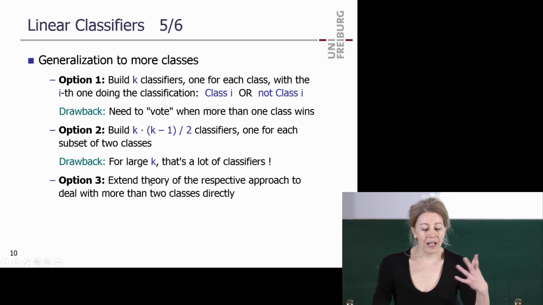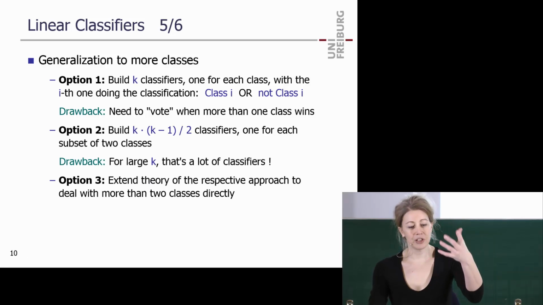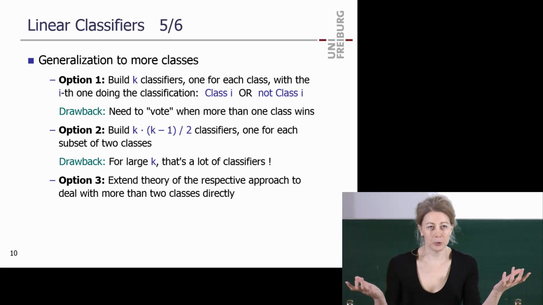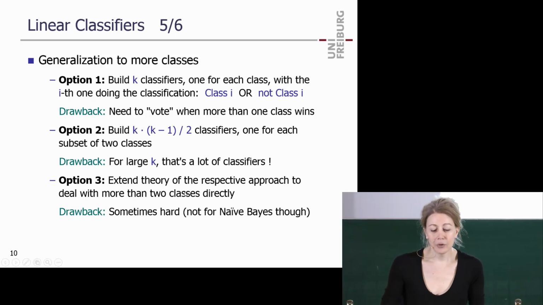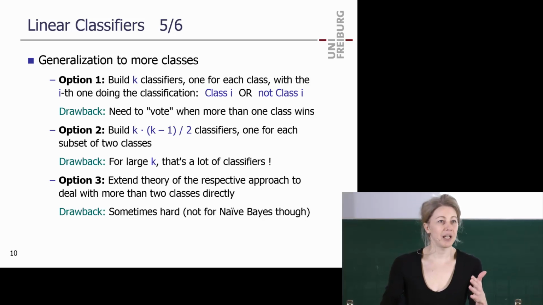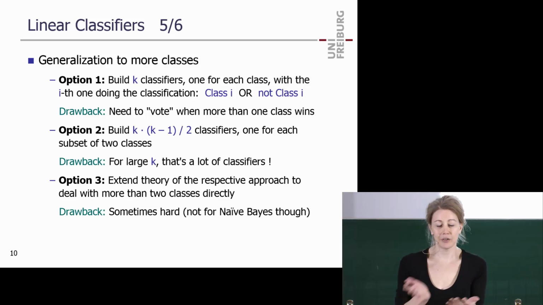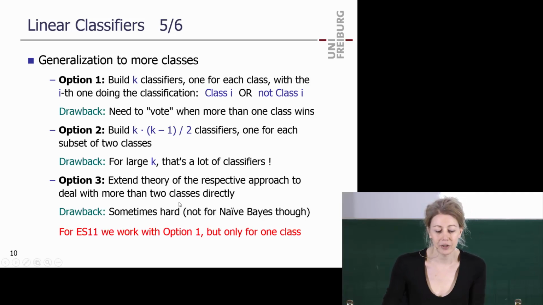Or maybe you do the theory and then you see, oh, I can generalize this to do more than 2 classes directly. We will see in a second that naive Bayes is a linear classifier, and naive Bayes, just by the way it works, also works for more classes. I did all the derivations for an arbitrary number of classes, so for naive Bayes, it's not restricted to 2 classes.